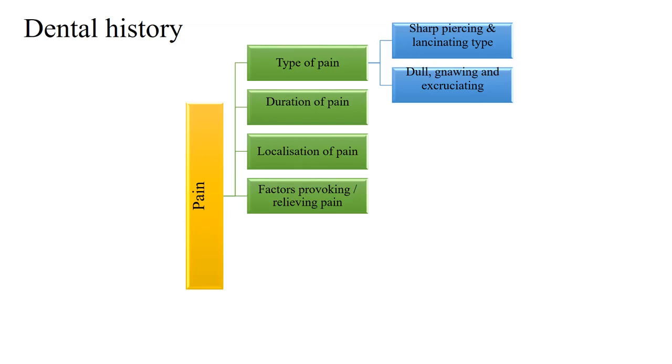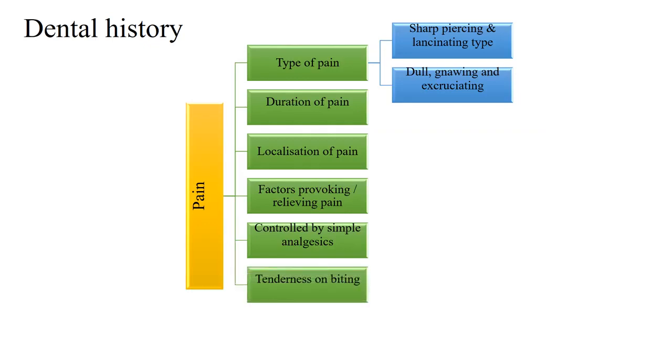Another important thing to consider is the provocating factors for the pain. Sometimes patient may tell you that the pain is aggravated on taking cold foods and relieved immediately. This may very well be because of a reversible condition of the pain, that is, when stimulus is removed, the pain is immediately relieved. When even after the removal of stimulus, maybe like a cold object or a hot liquid, the pain continues, in that case, it may be indicative of an irreversible pulpal condition.